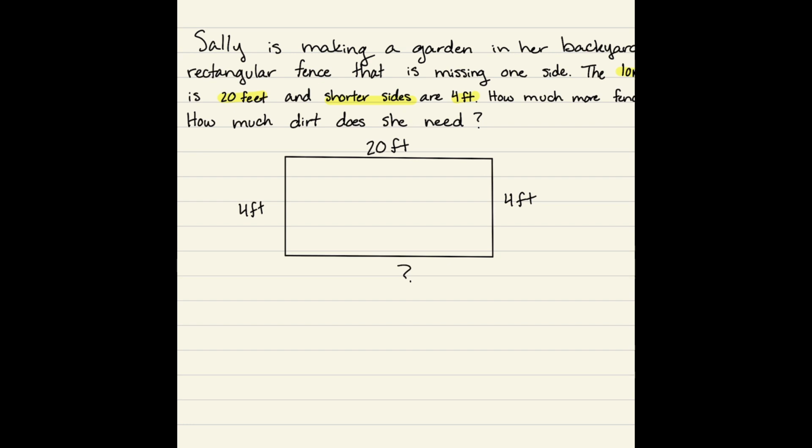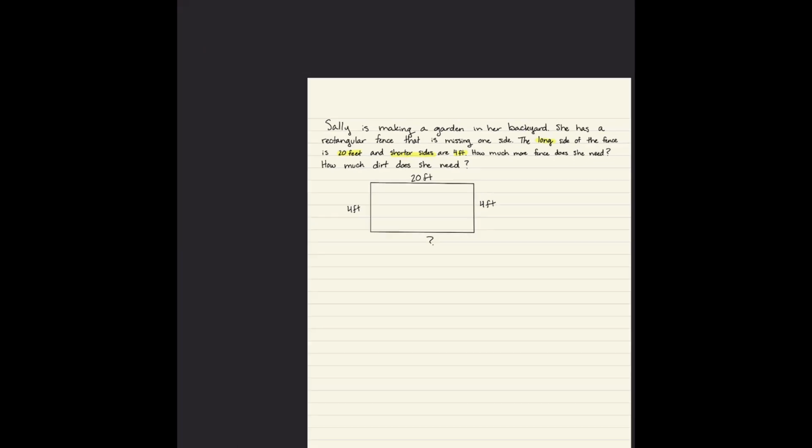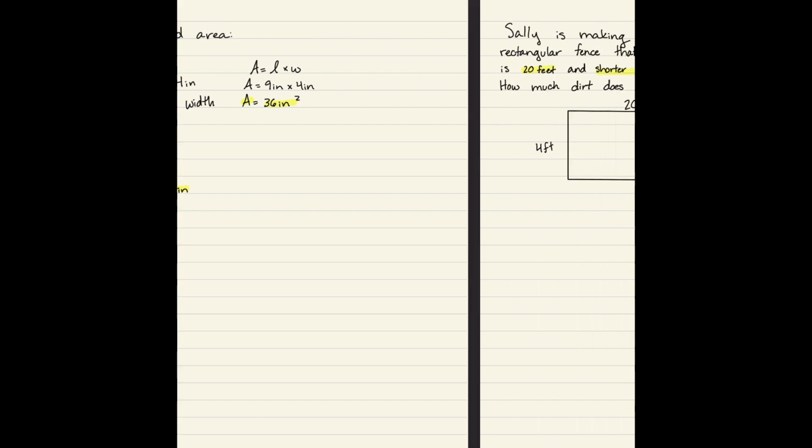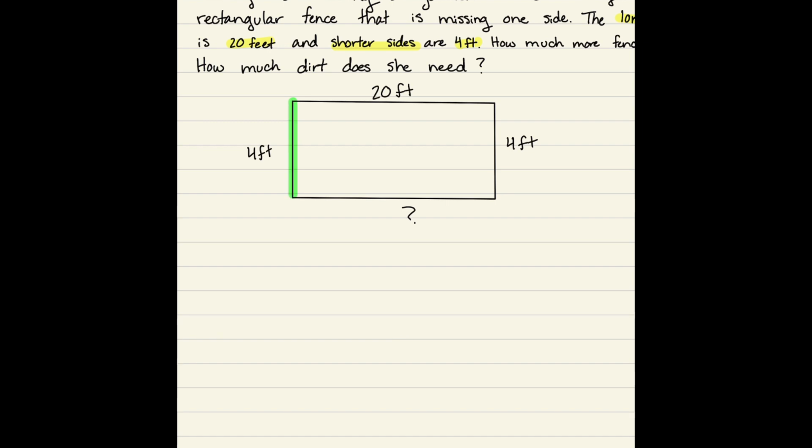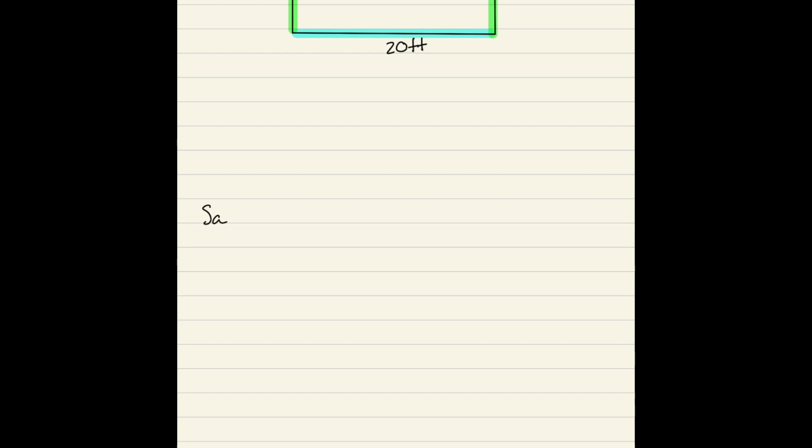So, how much more fence does she need? Well, there's actually a very easy way to solve this because we can go back to what we learned here and even in perimeter, which is that opposite sides of a rectangle are equal to each other. So because this 4 is equal to this 4, that means that this 20 feet is equal to this, which must be 20 feet. So we can erase our question mark and replace it with 20 feet. So I like to write mine out. So Sally needs 20 more feet